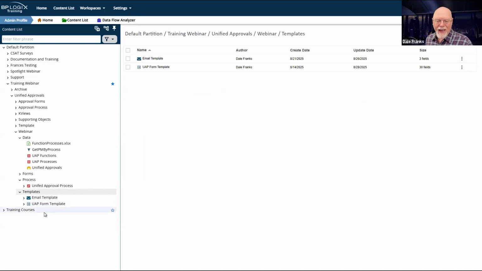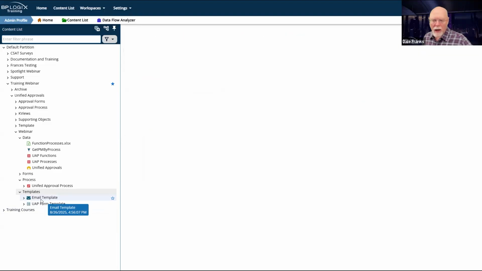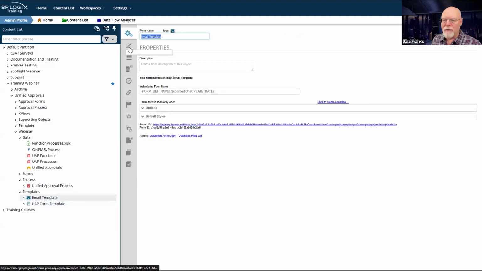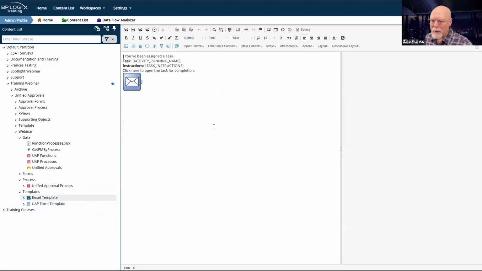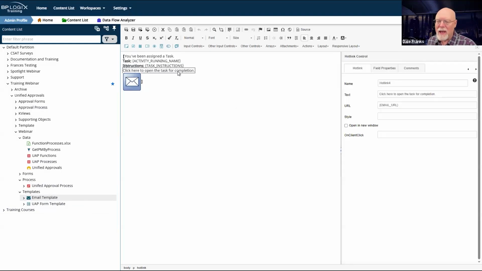While we're doing that, let's also look at the email template, because I configured this offline, but let's take a look at this configuration. Like I said, it's a very basic email template. So I basically just have the running activity name that will get pasted in there. I've got the task instructions for the activity that we will see for our instructions. And I've got the email URL configured for the hot link control so that we can click on the link and open our task.